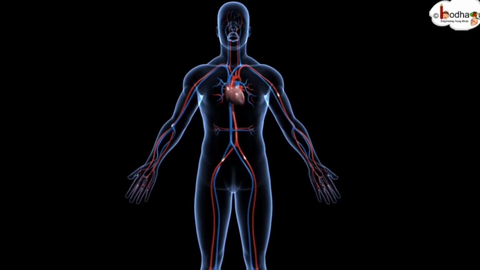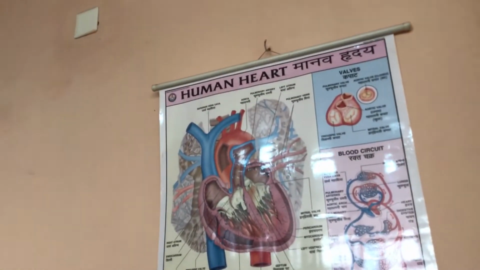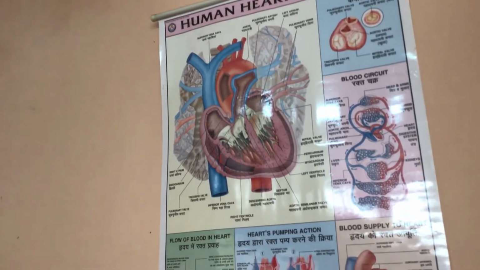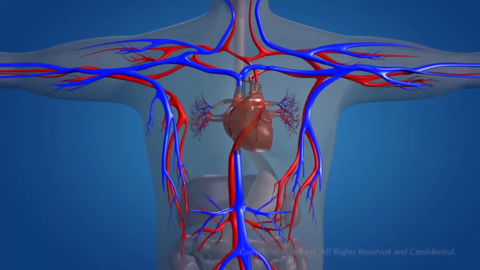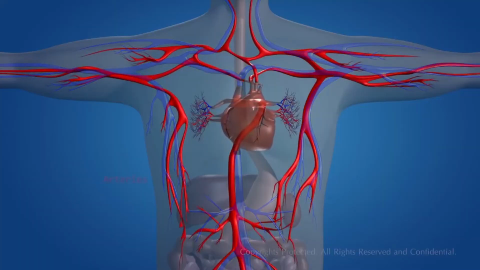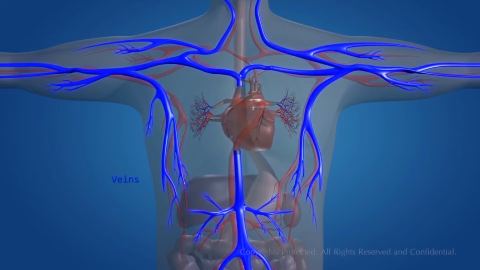Next, we can learn about one of the important organs of our body, which is our heart. Heart is known as the pump house of our body. We can see the structure of the heart here, which has different chambers. That means the human heart is a 4-chambered heart. They are right auricle, left auricle, right ventricle and left ventricle, which are pumping blood to different parts